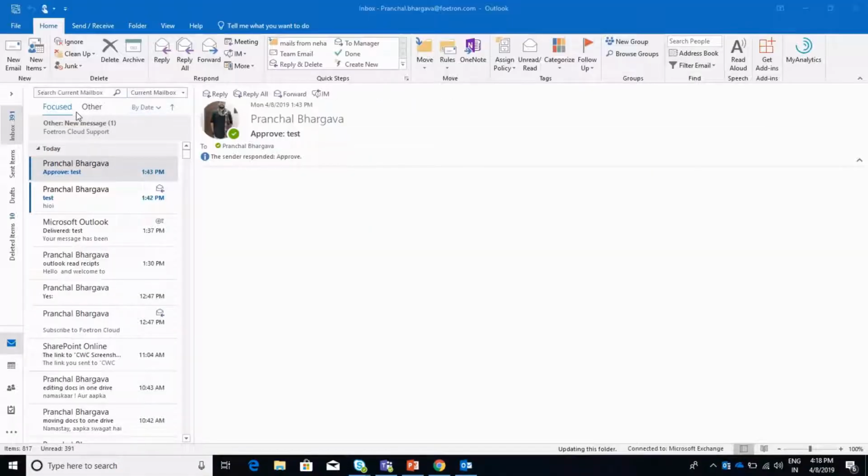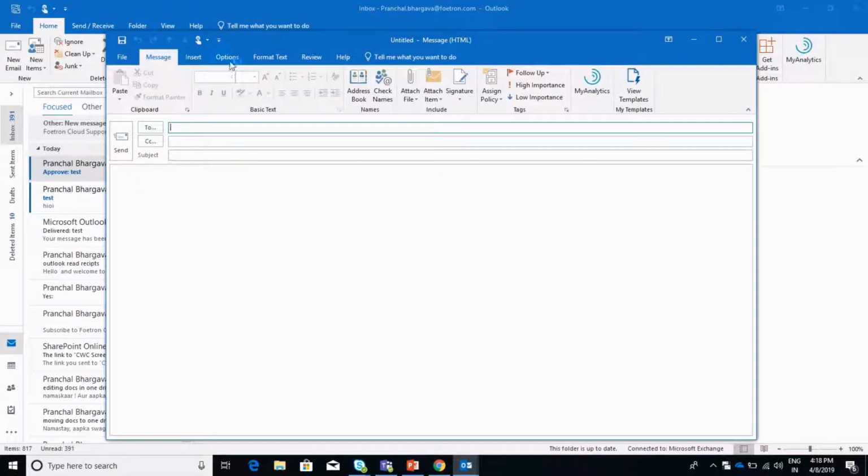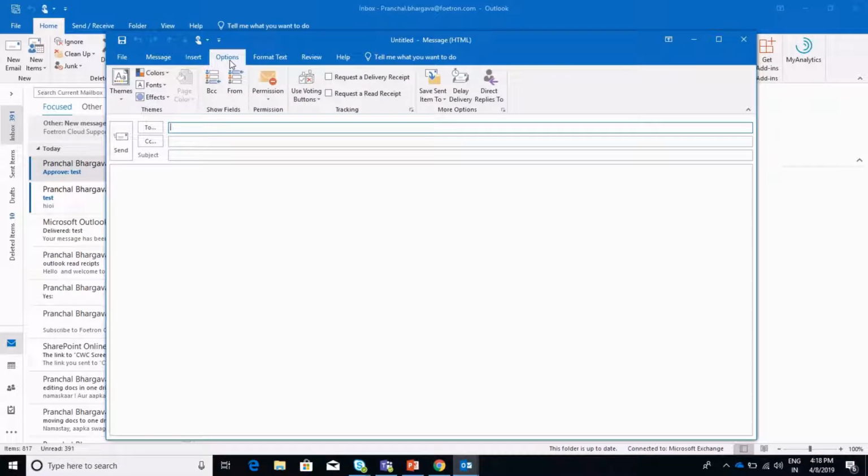This is my Outlook client, and to enable the vote button feature, the read receipt feature and the delivery receipt feature, we have to first click on new mail in the home tab. So this will lead us to another window altogether. So this is a new window. Under the options tab in the window which pops up when you click on new mail, you can see